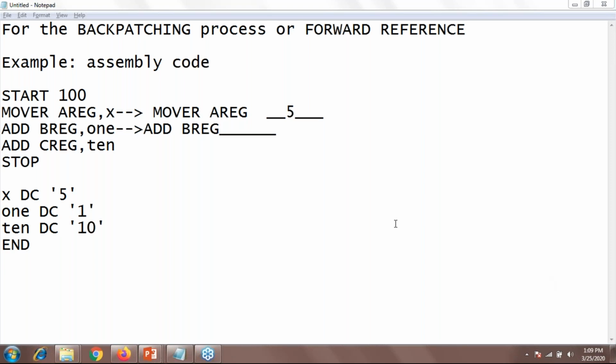Okay, so am I clear with the back patching and a forward reference? No. Okay. So am I clear with the back patching and a forward reference? We were not able to listen.